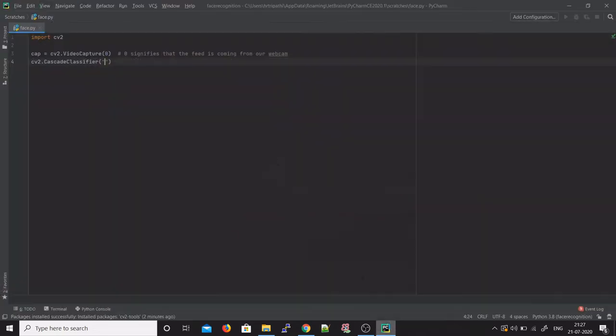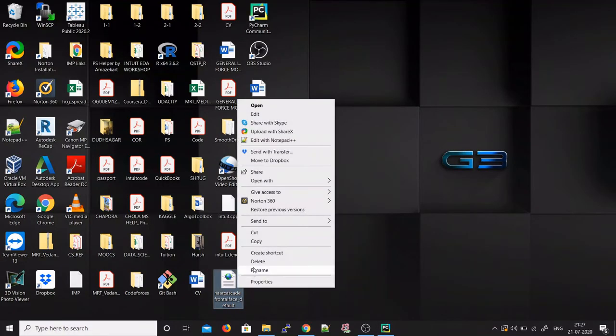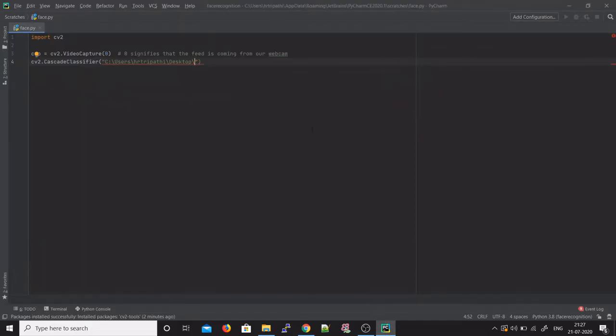That's my path, and it's an XML file. These are pretty large XML files, and it's a simple download away from the web.